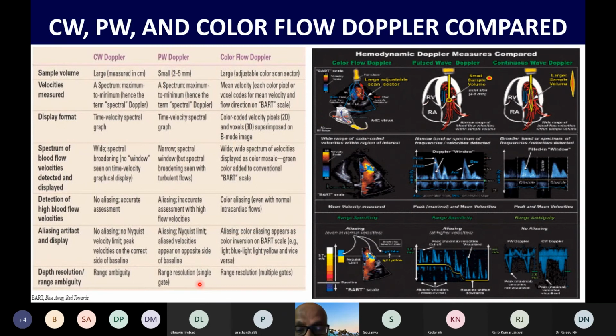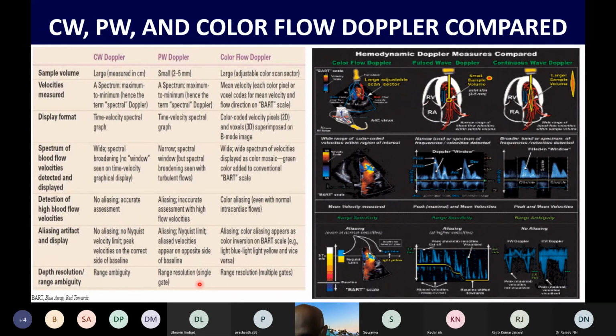And the color flow Doppler, especially when you're talking about mitral regurgitation, is influenced by the technical factors as well as the hemodynamic factors. That is, if you're mapping the color flow Doppler area during anesthesia, the color flow signals will be much less as compared to the awake conditions. So we have to take into account all the factors which are responsible for a correct assessment of a given regurgitant jet area.